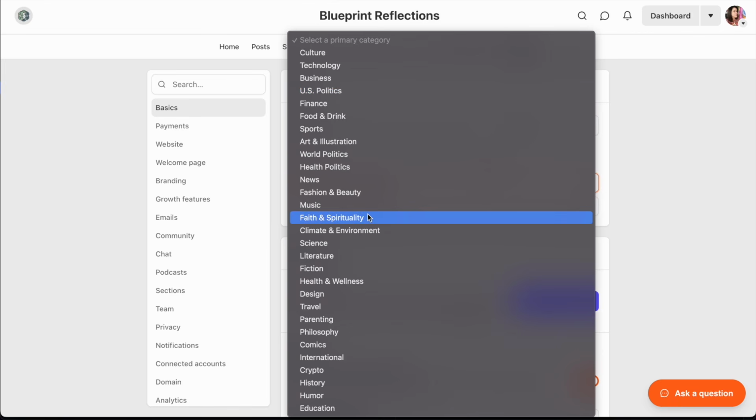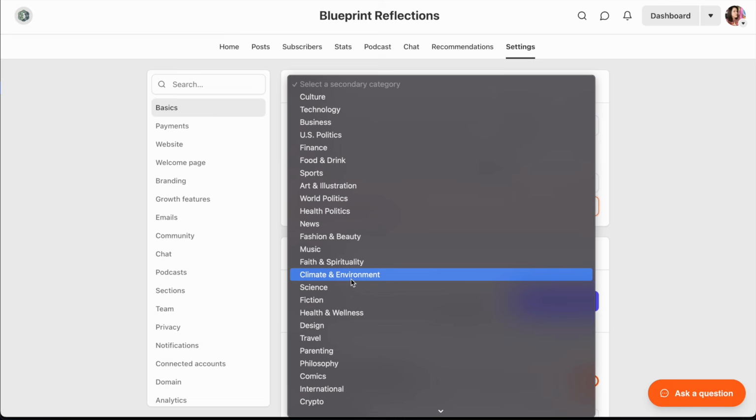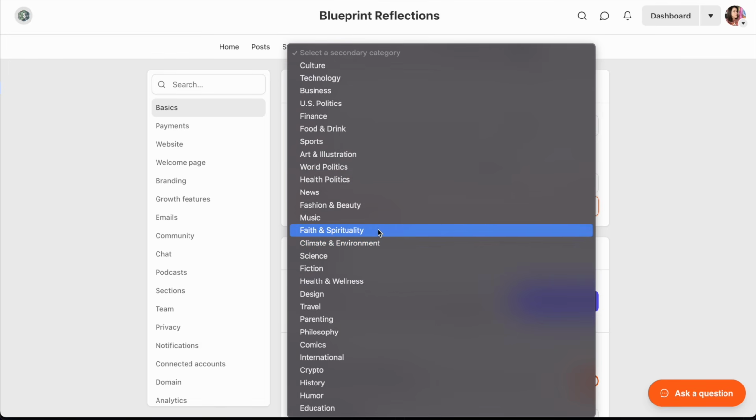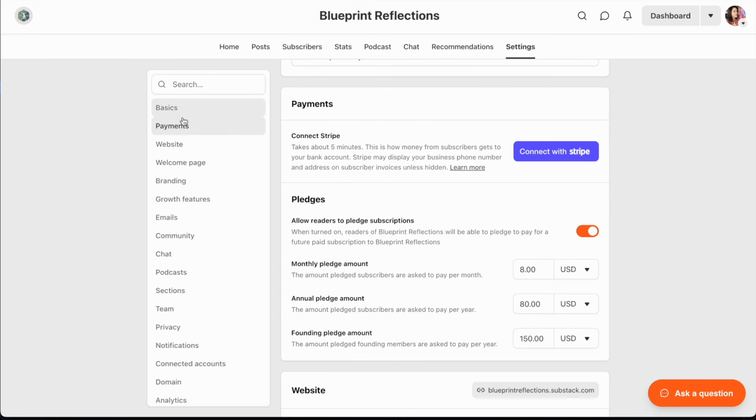We have faith and spirituality, which I think could be cool for that. I don't think health and wellness. Well, it is human design, but not design in that aspect. And I think my first one would be literature because it's going to promote my book. And the secondary one, I'm really conflicted between faith and spirituality and health and wellness. Let's go with spirituality. Makes more sense. Moving on to the second part, which is payment, which I need to connect with Stripe